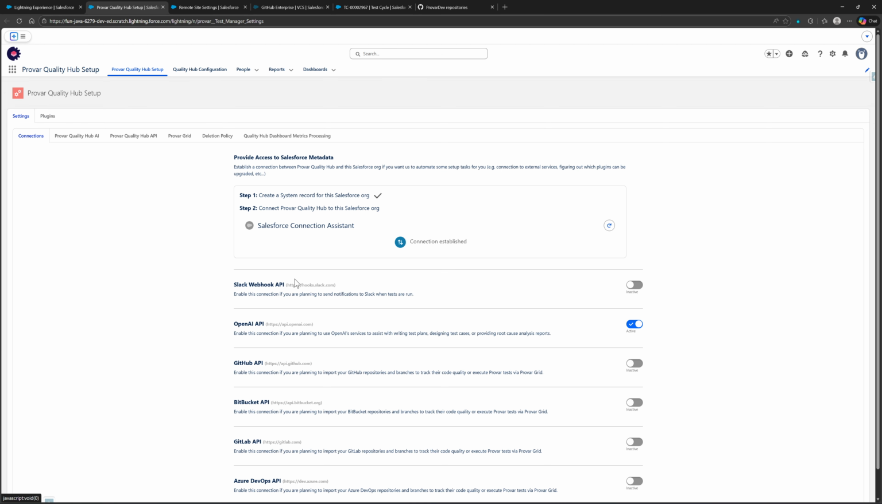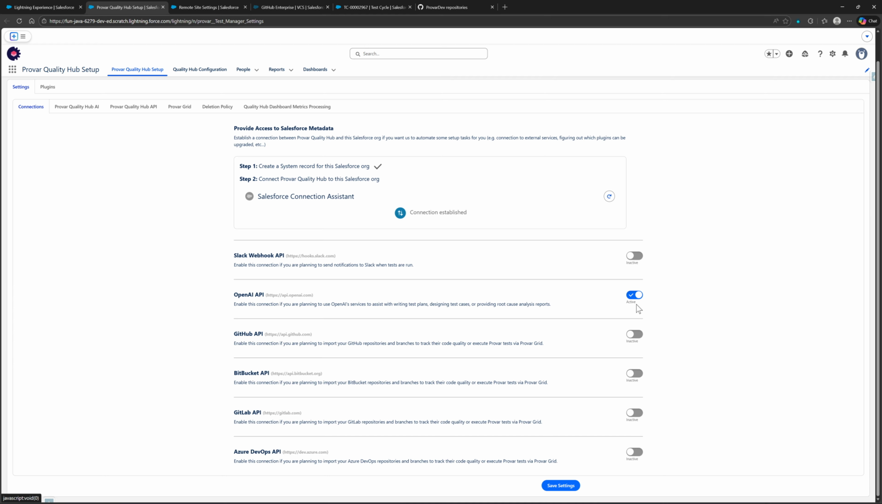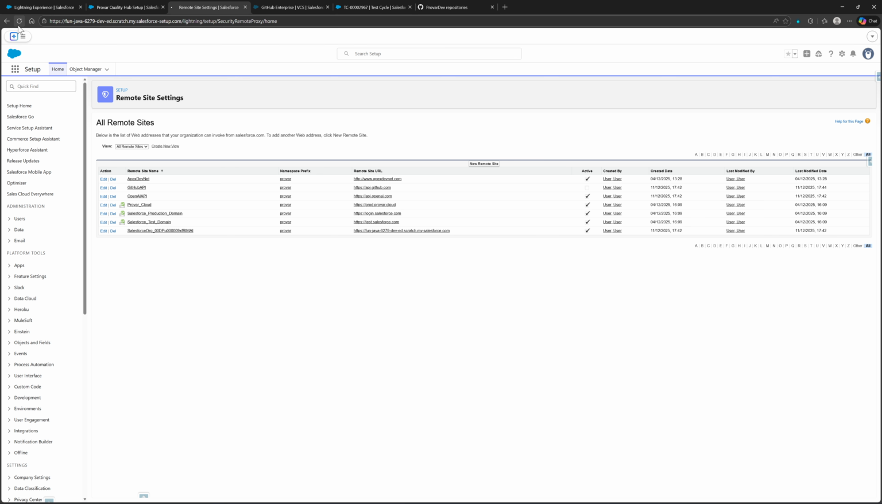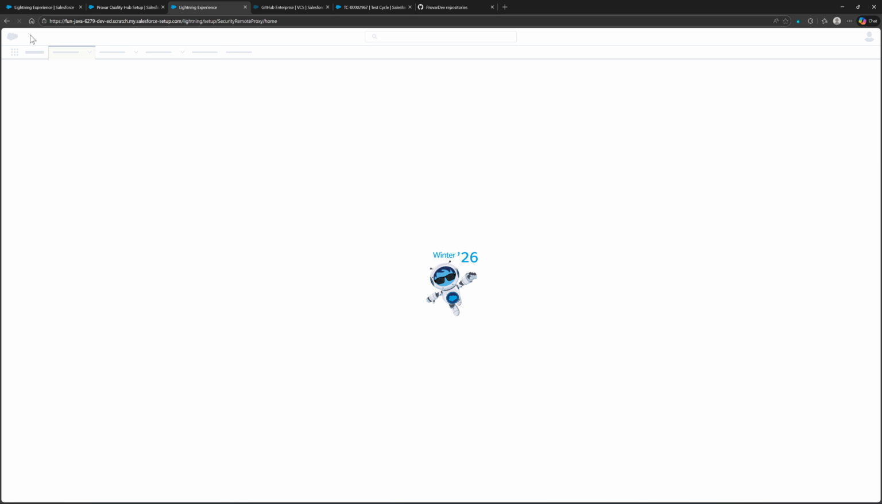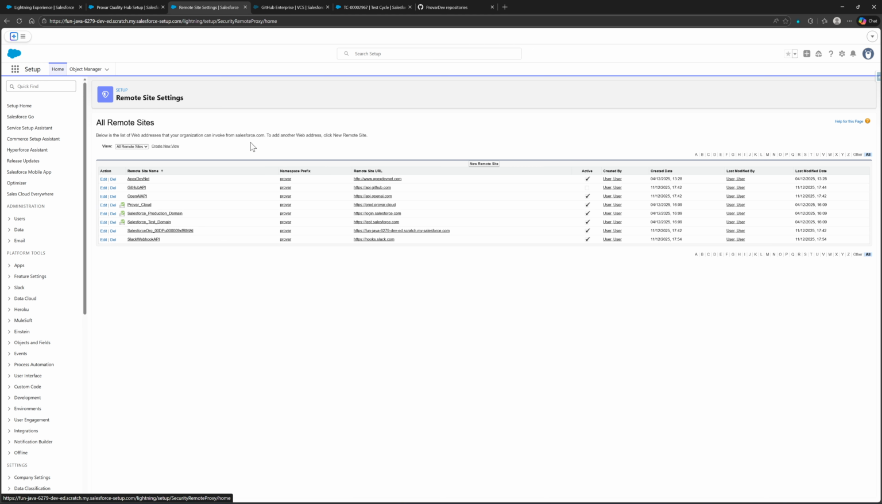Previously, for our remote site settings, namely on these remote site settings here inside of the Quality Hub setup page, if you enable these and save the setting for the first time, it will create the remote site setting. So for example, I've just enabled the Slack webhook API. So if I go into my Salesforce setup and search for remote site settings, you'll see it'll create a Slack